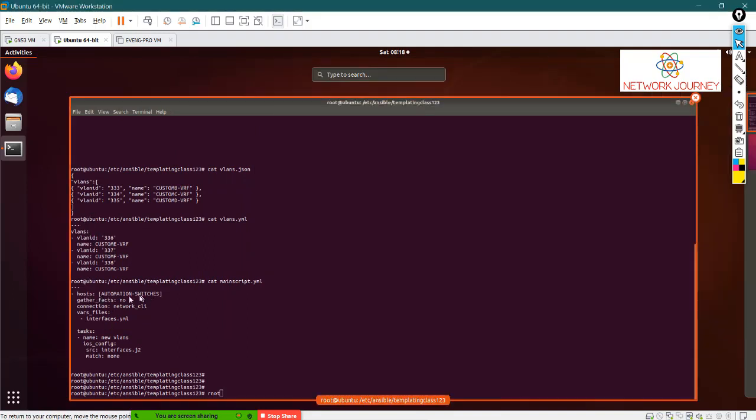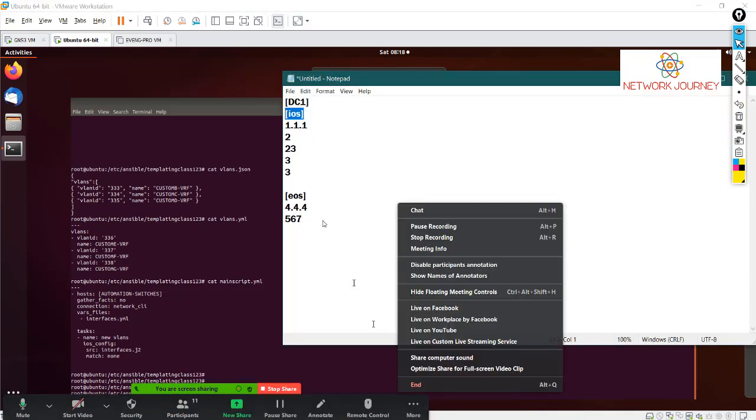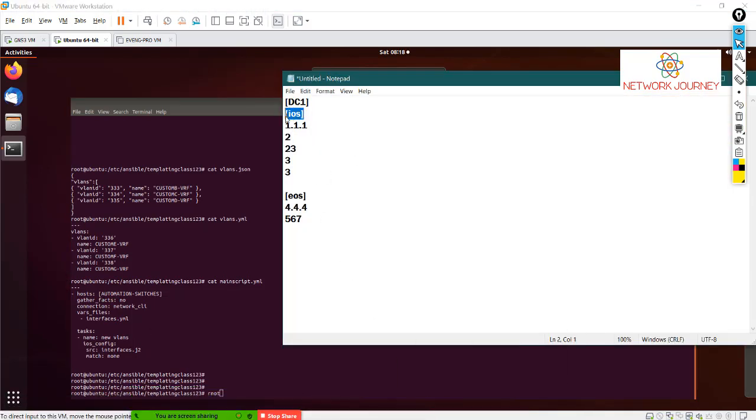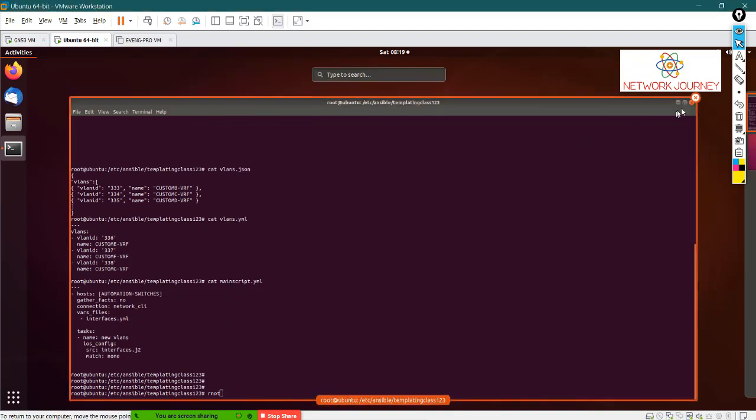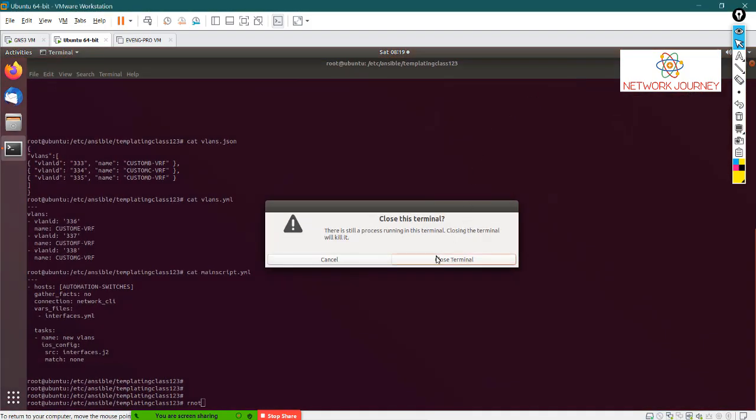Like in my case, I'm calling automation switch. Similarly, you can just call one of them, like if you want to place that change only for this, or let's say you want this, or let's say you want every device to be considered, in that case you can call this. So does that answer your question?